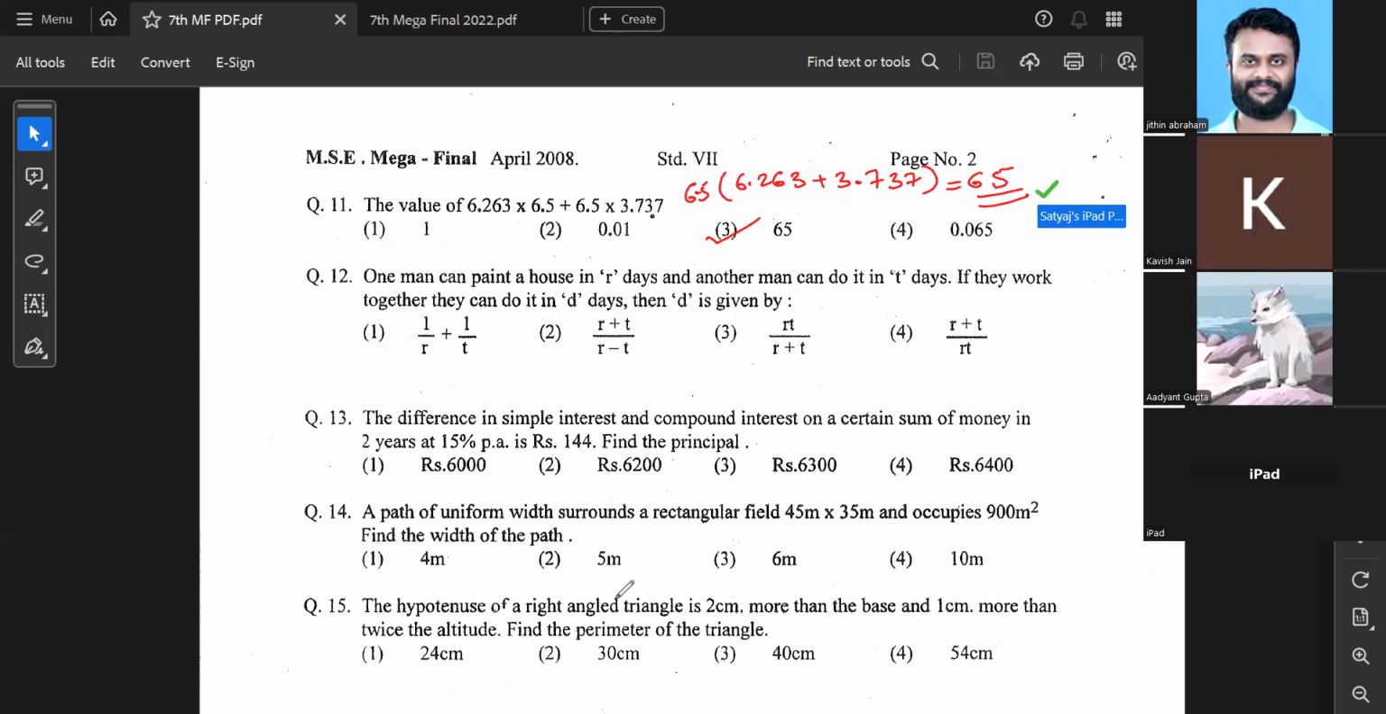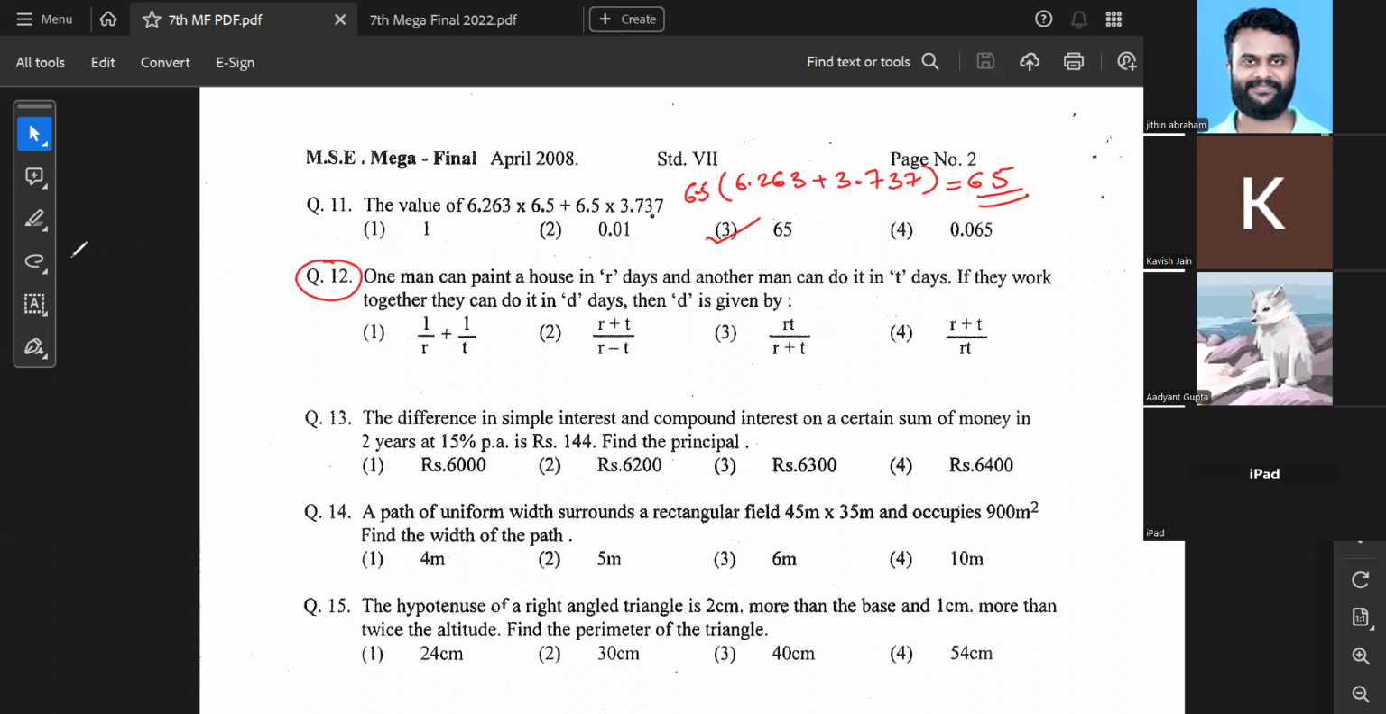Hello. Yep. Kavish, hello. I can hear you, Kavish. Yep. So one man,